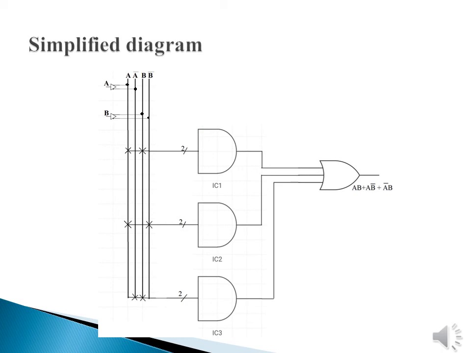Simplified diagram of a programmed PAL. The input variables to a PAL are buffered. An inverting buffer produces the complement of an input variable. The symbol representing the buffer circuit that produces both the variable and its complement on its output is shown in the figure, where the bubble output is the complement.